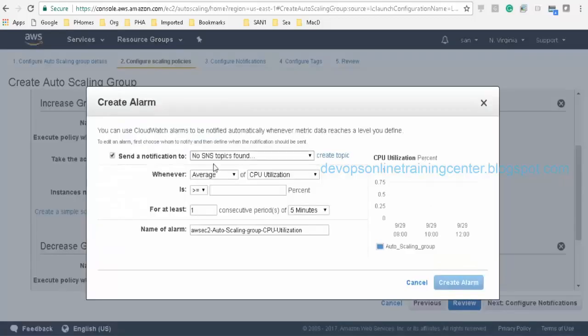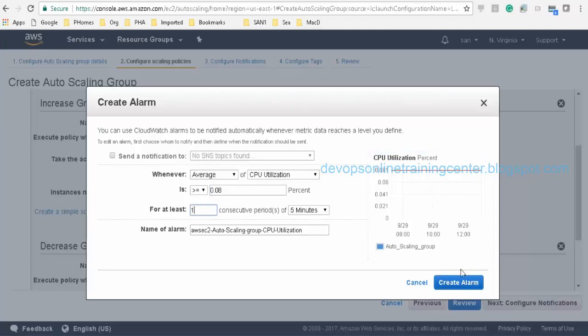We'll create an alarm. If the CPU utilization is, let us say, more than 0.08. Yesterday we had given 0.05, and it was spinning up the instances because 0.05 is too little, and the moment it starts creating the instance itself, it was spinning up because HTTPD was running on it, right? So now we'll select 0.08 and let us see if it spins up.